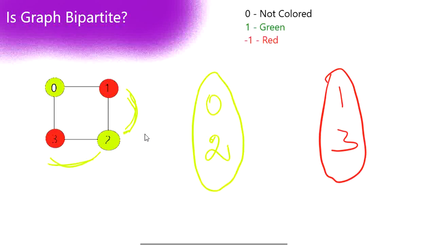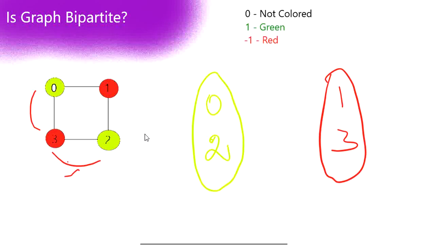So now it's time to move to our node 3. So now moving on to our node 3, the connections from node 3 are 2 and 0. Here we check whether they are colored or not. Yes, they are already colored, and we are checking whether 0 and 2 are in the same color as that of 3. No, they are different colors, so there is no interlink connection between the same set. They are from the different subset. So in this case, it is again true.